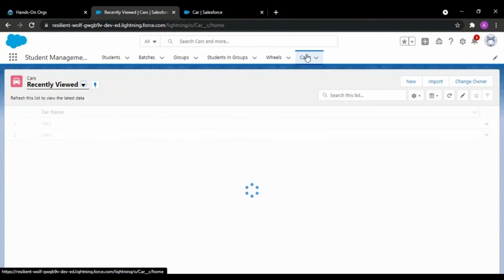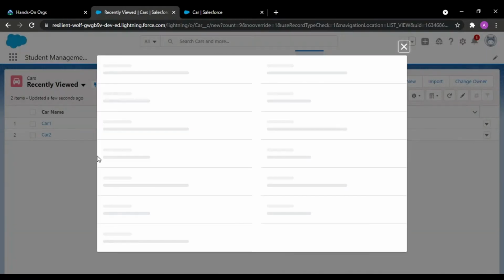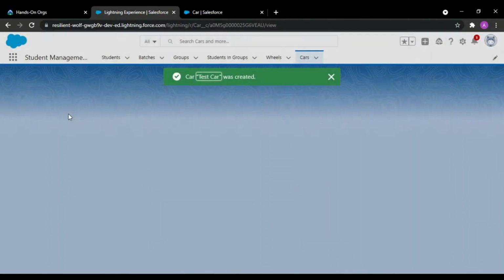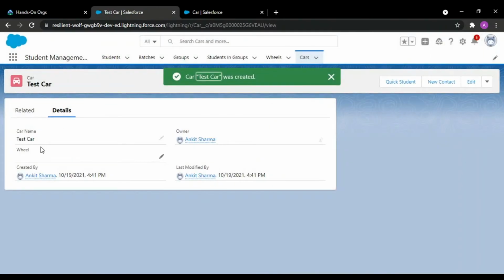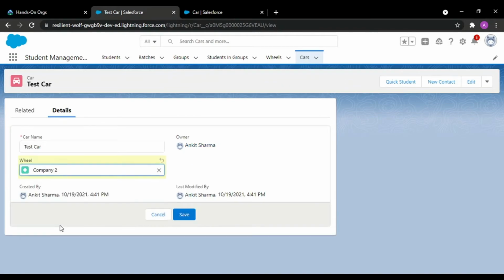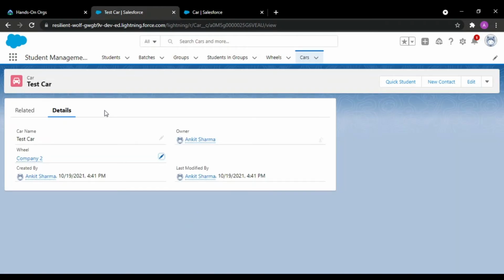See, test car and wheel. For the wheel, we can add in here any company that we wish to have, and we can save. So in this way our lookup relationship works.